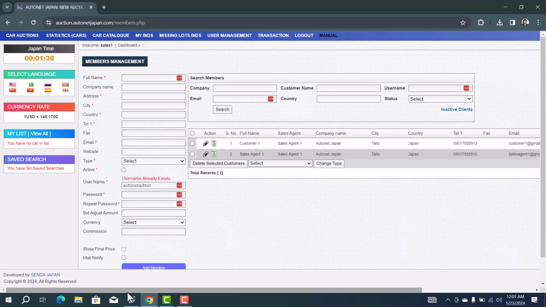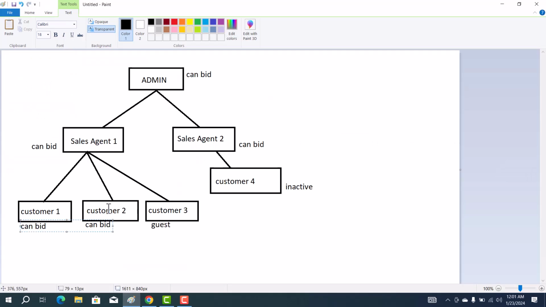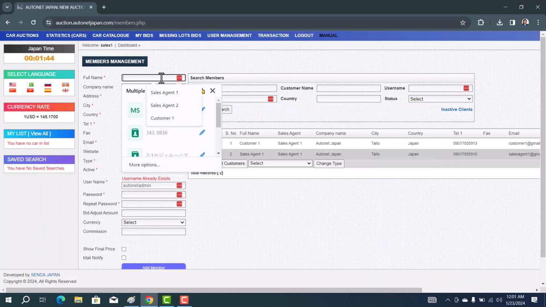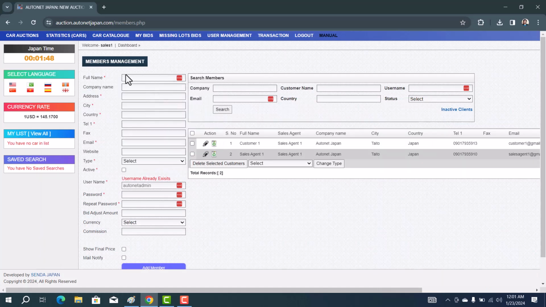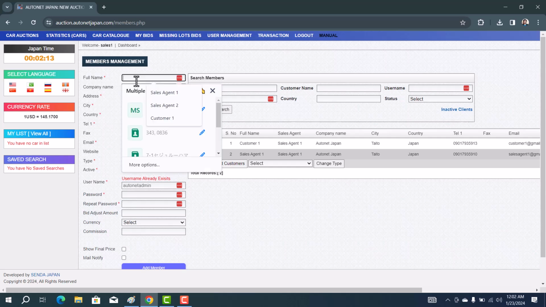So if I want to create another customer, that is customer 2, who can also bid, I just have to write the name and all the other fields. Here you can see the first field, user type, is gone, because by default if you are logged in as a sales agent, whatever user you create will definitely be a customer under that sales agent. So, customer